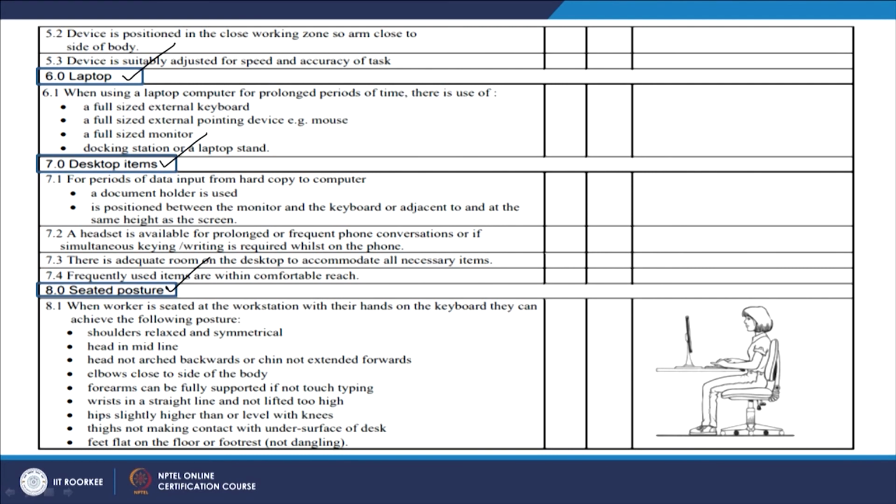So there are a number of guidelines which are available which must be taken into account when we are designing this system. We will not go into each and every aspect, but you can refer to these guidelines, which must be met to ensure a good, excellent working experience for computer professionals who are working in these types of work systems.